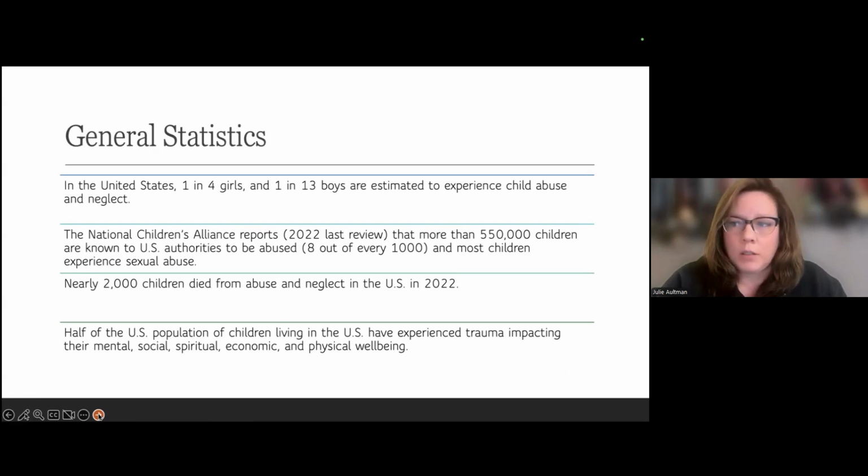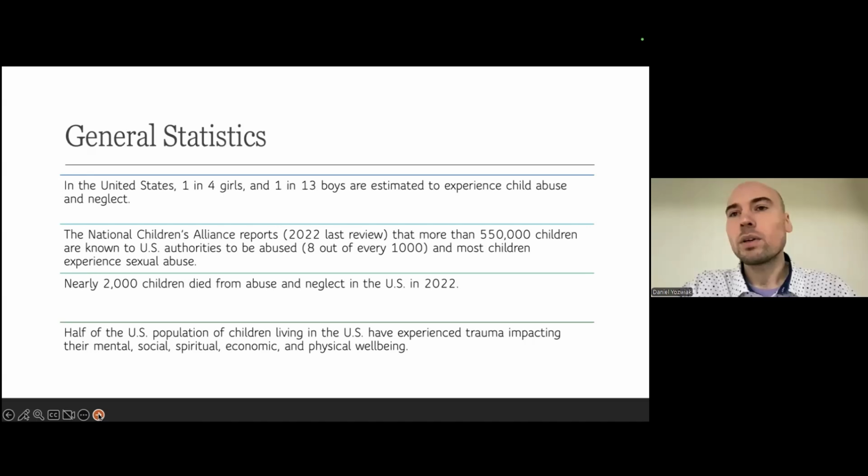Daniel and I had discussions prior to this presentation, and Daniel, feel free to pipe in. Based on our experiences, we're likely seeing that the statistics are actually much worse, particularly with the male population. Yeah, I would suggest and hypothesize that men, especially younger boys, because of the expectation that they quote unquote suck it up, are less likely to report some of the trauma that they're experiencing at home.